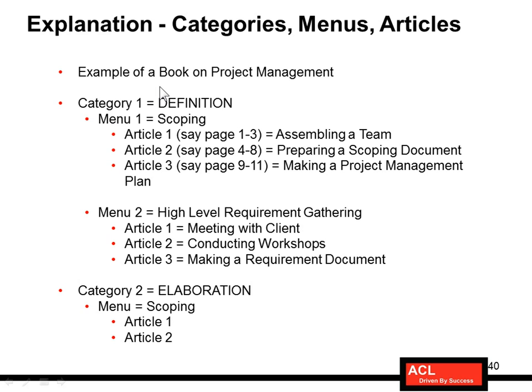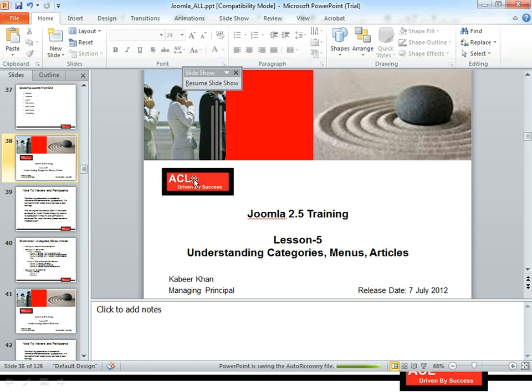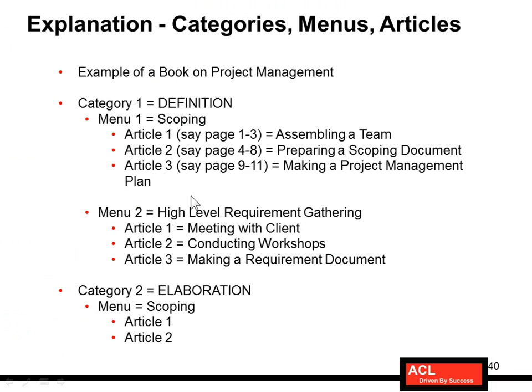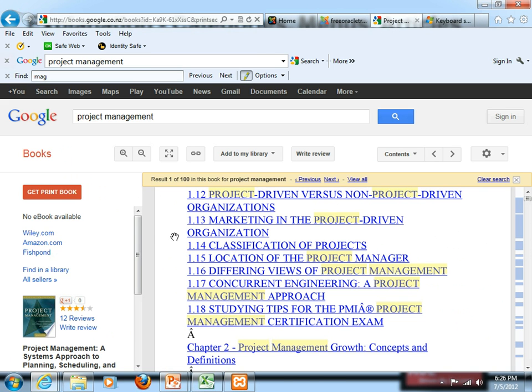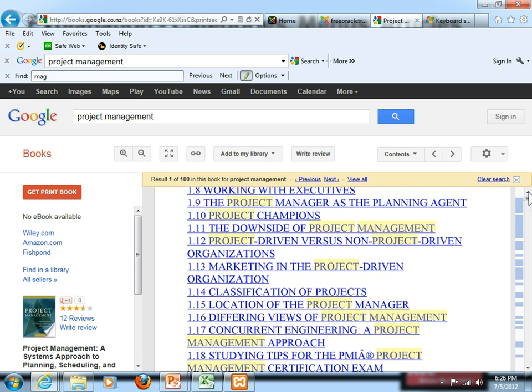Now what I'll do is take the same example of a book. I will show you a real book so you can understand a little better. I go to Google Books and I've simply searched a book as an example. So go to Google Books. I've taken this example. So in the contents, if you see,